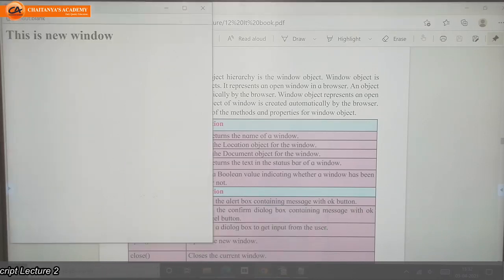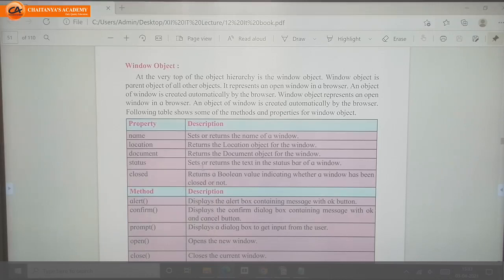Whenever we open the window, at the downside one bar is there, but nowadays our browsers are not displaying this status bar. Old browsers were supporting this property, but nowadays advanced browsers are not displaying any status bar. Closed returns a boolean value which indicates whether the window is closed or not.